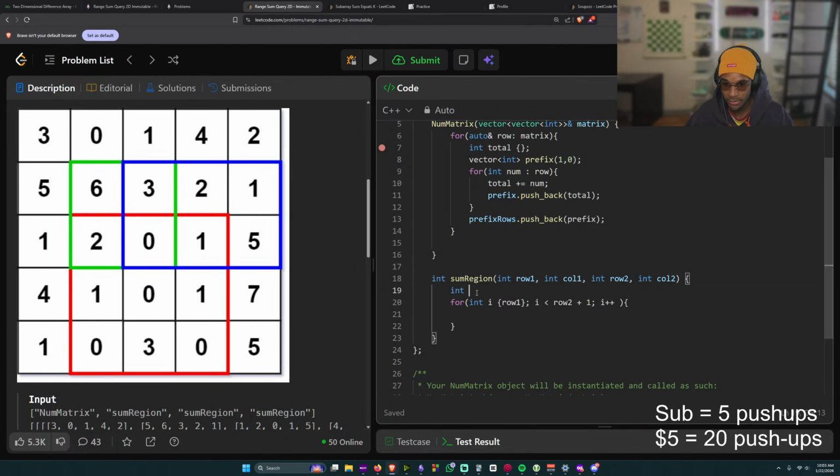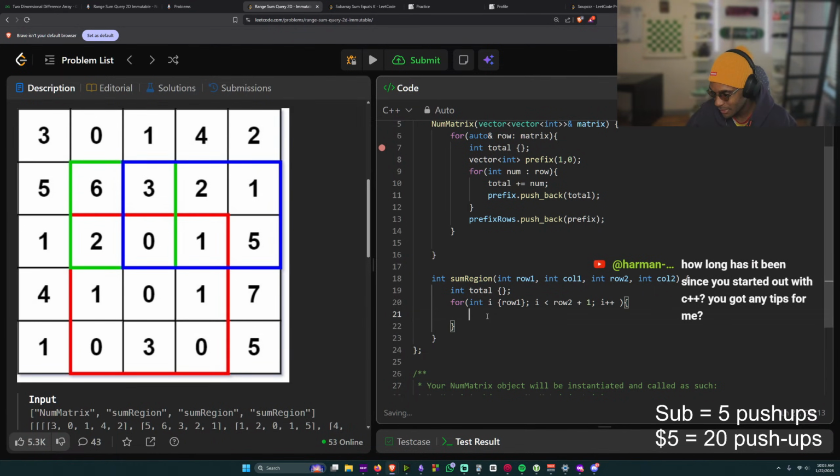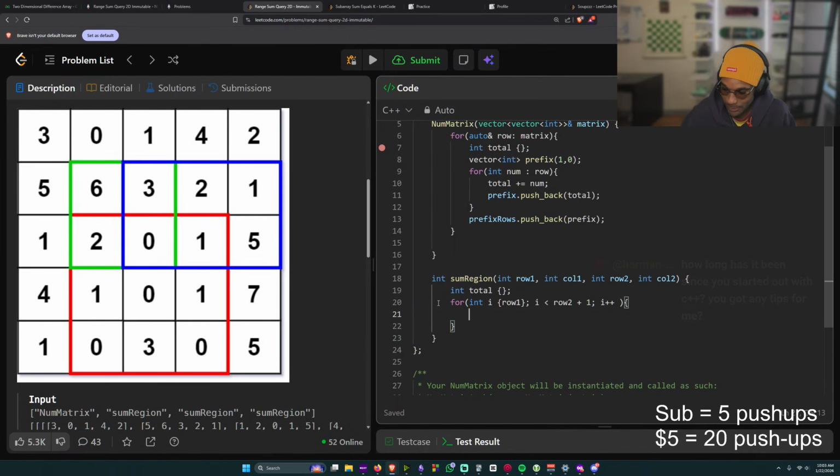So I'm guessing we have int total is just gonna equal, yo software, be honest, bro. I'm low-key getting better at C++. Before I was struggling with the whole auto thing. I kind of feel like I'm doing a lot better. Anyway, I think we can solve this in the next 10 minutes. How long has it been since you started C++? Dude, I started like 2 weeks ago. Honestly, I say ask people in chat, man.